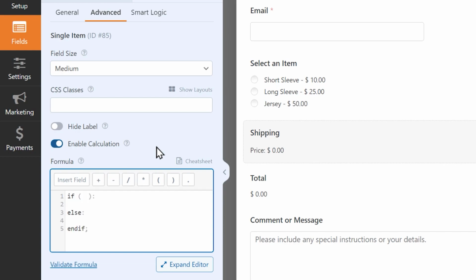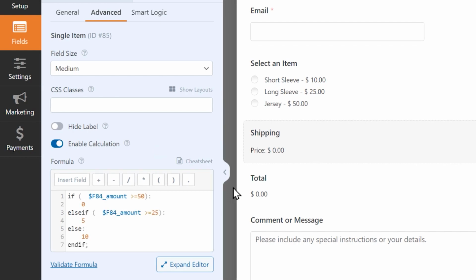formula in the builder. Once you've created your formula, you can use the Validate Formula link below the text editor to make sure your formulas are correct and will work exactly as they should, offering you peace of mind before